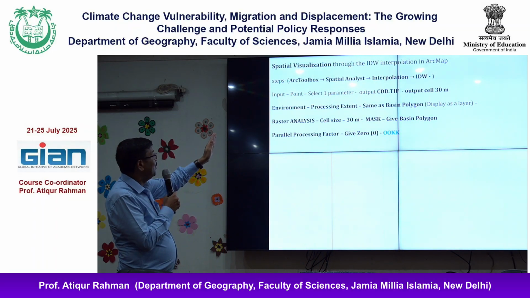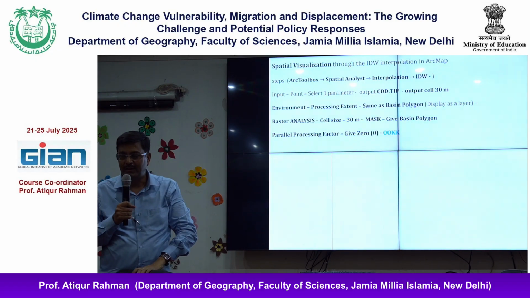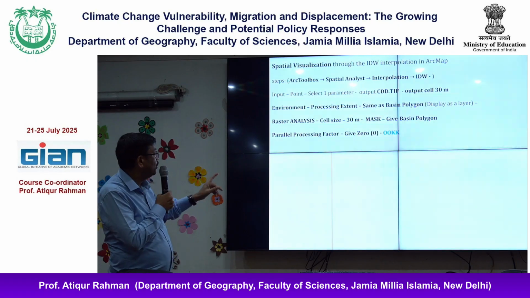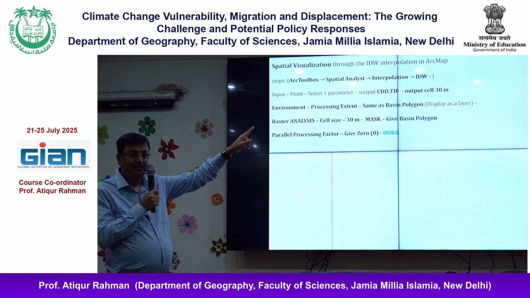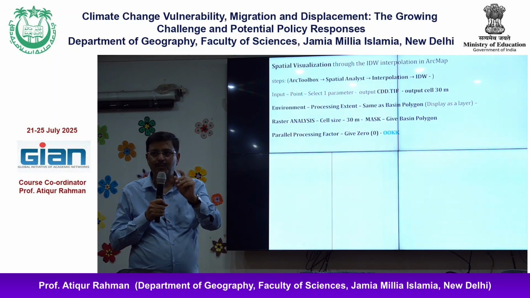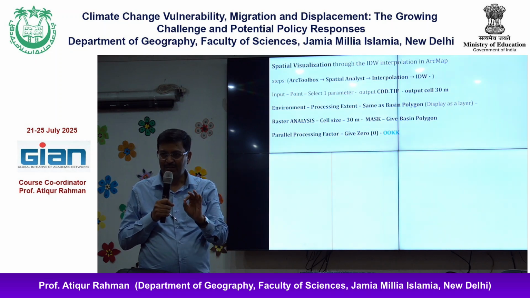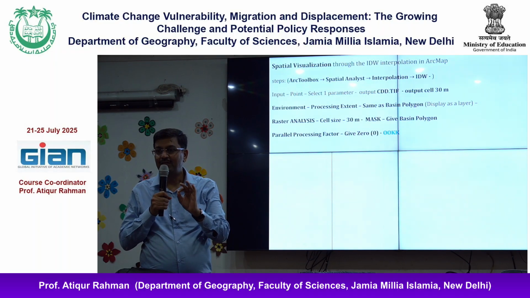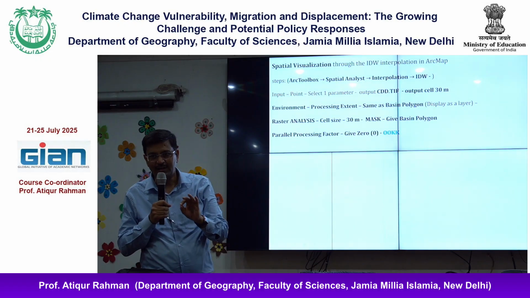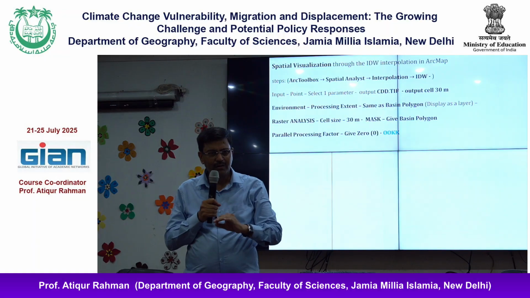Then we go in ArcGIS. There is an operating toolbox. In toolbox, go to spatial analysis, then go to interpolation and do interpolation. There are n number of interpolation techniques. One is very commonly used. One of the best interpolation techniques is IDW, inverse distance weighted. There's another technique that is called moving average. There is another called kriging. There is another co-kriging. Many.